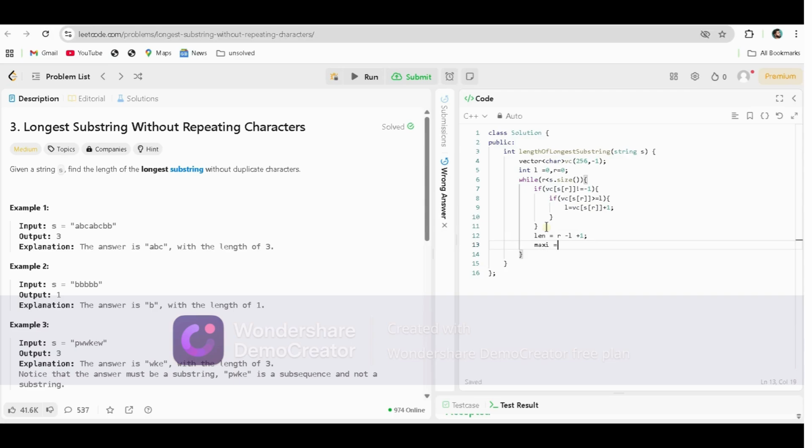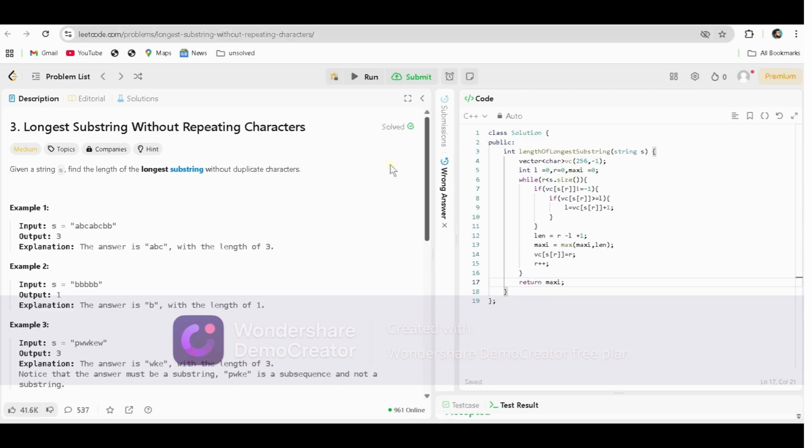So we make maxi outside, with maxi equals to max of maxi and length. And we have to update the index of S[R] every time, so the index is R. After that L moves ahead, and we make maxi equal to 0 here. Afterward just return